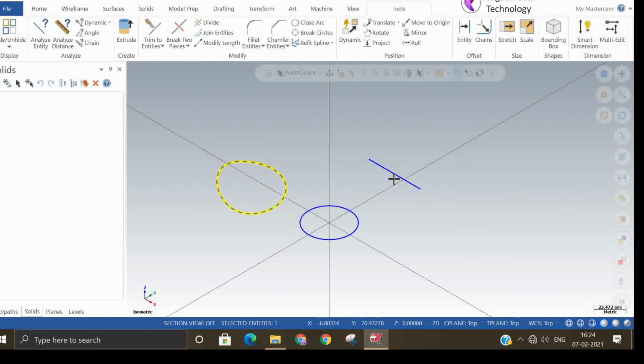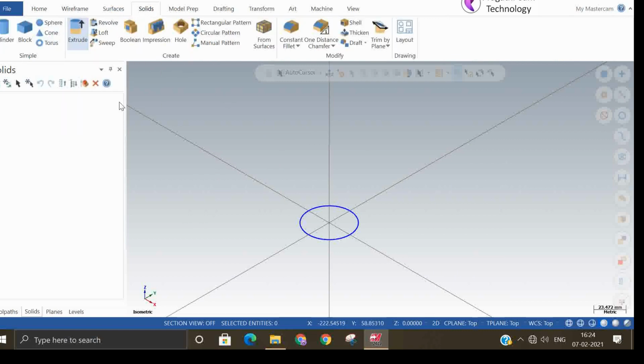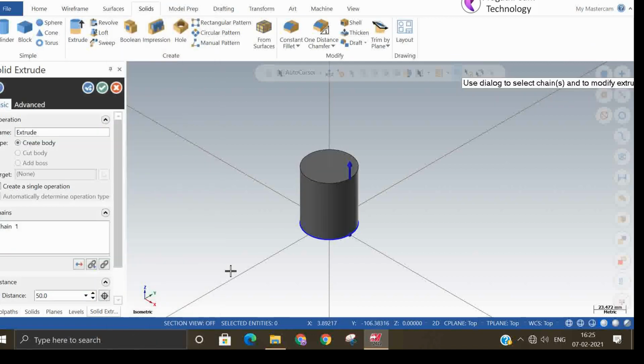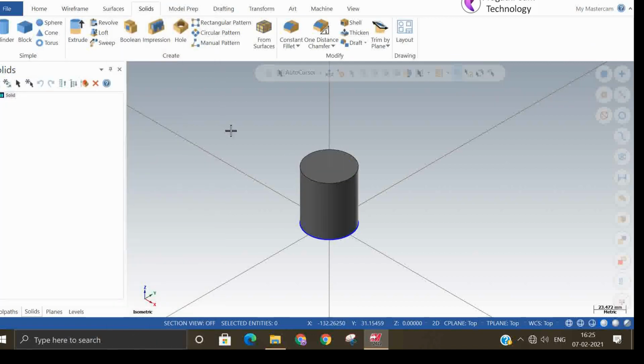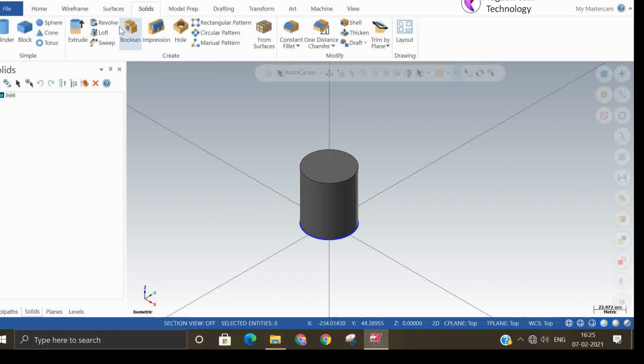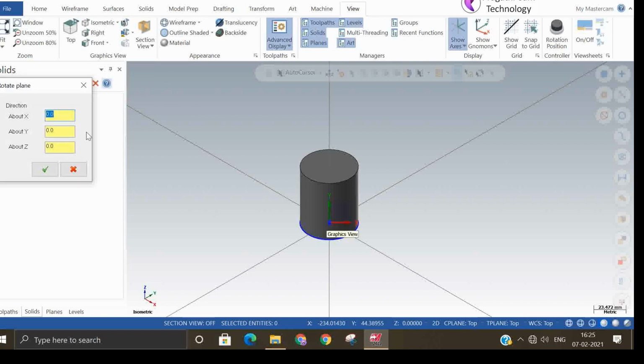So I will do one thing: I will make a simple solid so that we can see this rotated view clearly. Now I will go again to the view command, rotated view, in the X 25 degree.